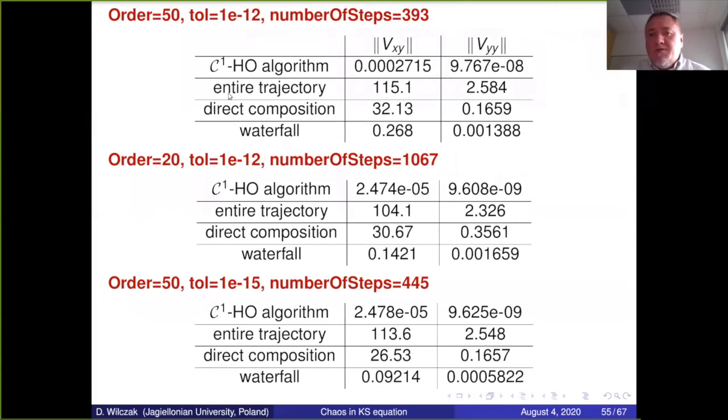And using bounds for the entire trajectory, the worst approach, we obtain these bounds. Using direct composition, which is a little bit better, but waterfall produces the best numbers. Of course, this is the goal we would like to achieve, but it is impossible. And playing with the order of the method and tolerances, we obtain different results, but still waterfall is the best one. Okay, so